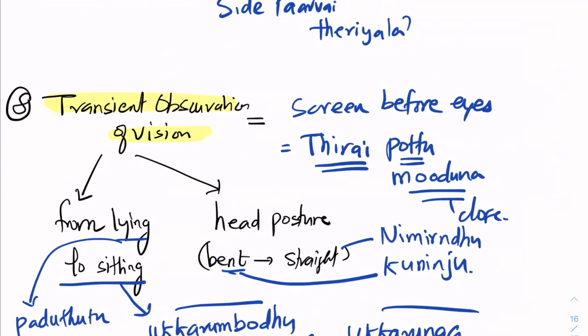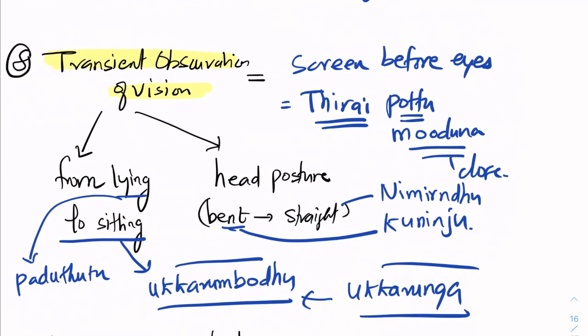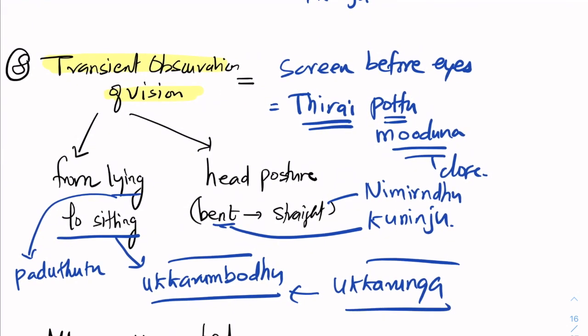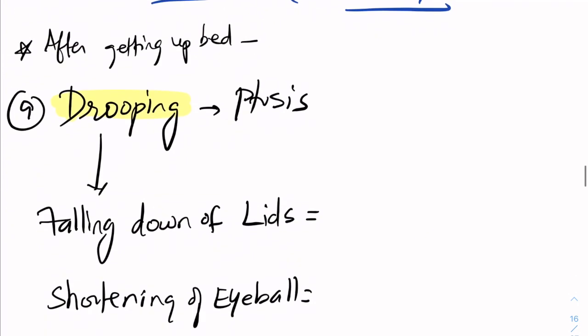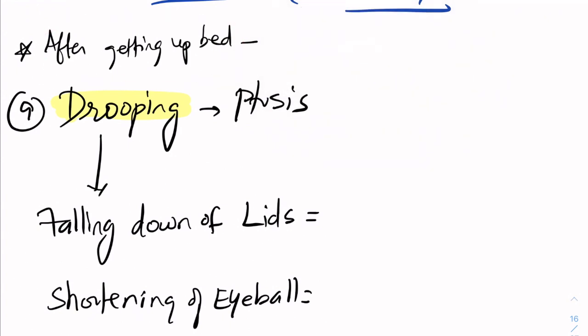Very, very important. Okay. This is what transient obscuration of vision is going to be. It's a very rare complaint patients will come with. But unless we ask for this, we may miss out papilledema or some other optic neuropathies. After getting up from bed, this might be a very important thing to ask because in many conditions, for example ischemic optic neuropathies, patients will have sudden onset defective vision after getting up from bed, or a patient with a thyroid disease will have more swelling in their eyes after they get up from bed because of the venous congestion. So after getting up from bed means தூங்கி